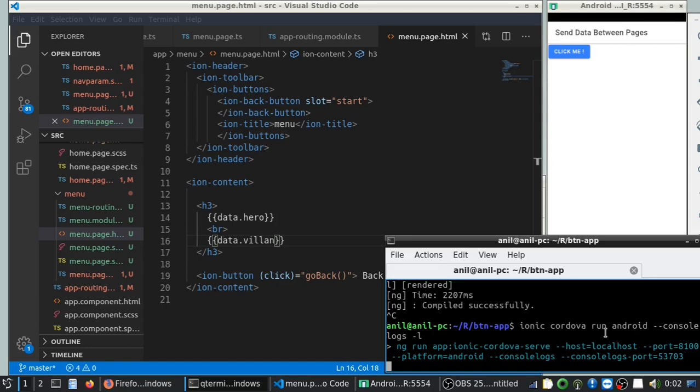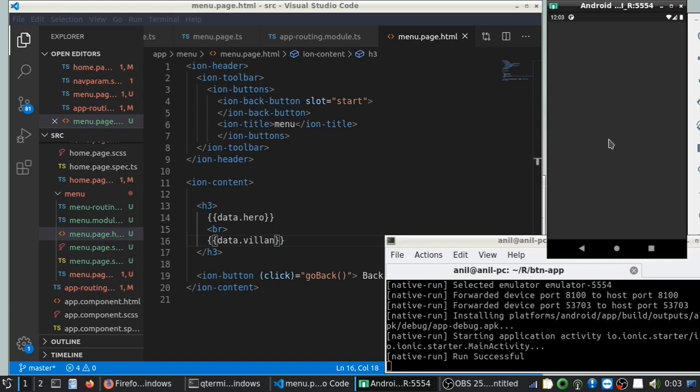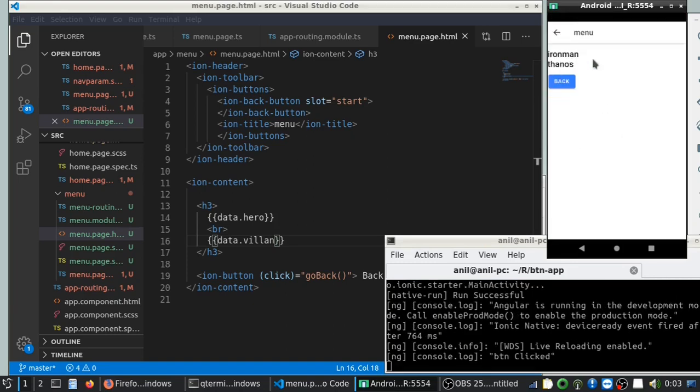So let's wait until that loads. When I click here, now it is displaying Iron Man and Thanos. When I click back,